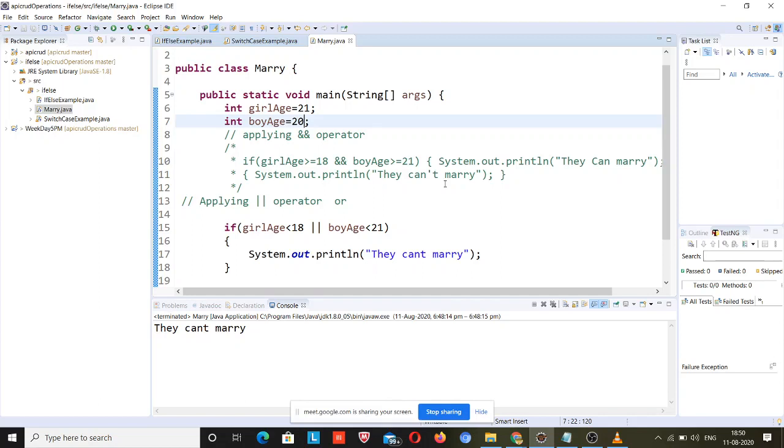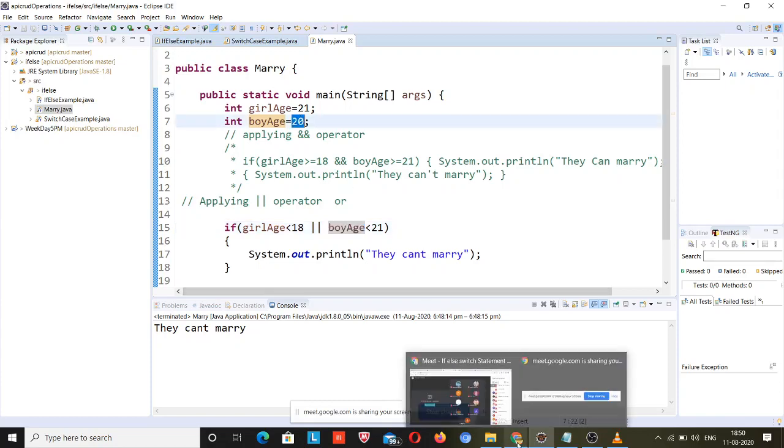Here, both boy age and girl age. Boy age is less than 21, it is less, right? The condition is less than 18, but girl age is 21. Yeah, but boy age is 20, so this is getting passed.